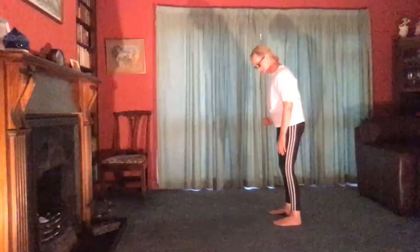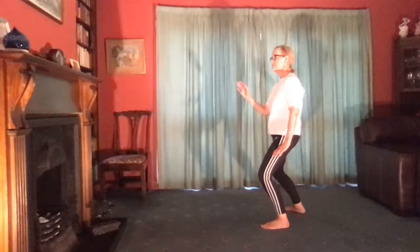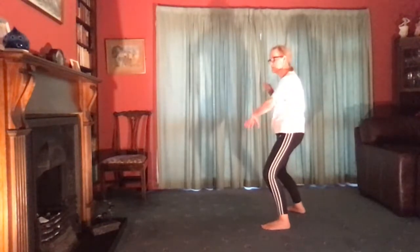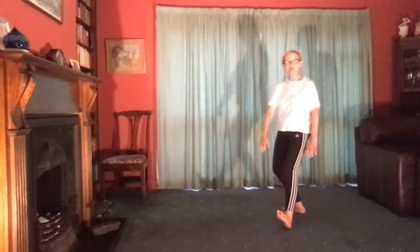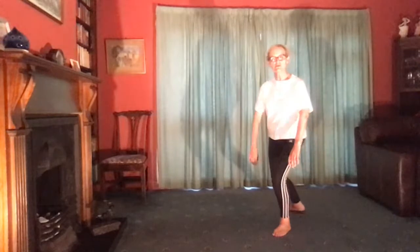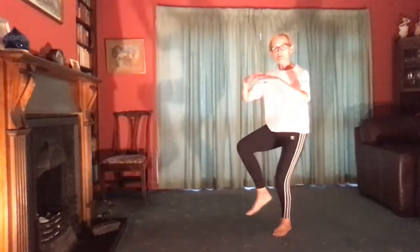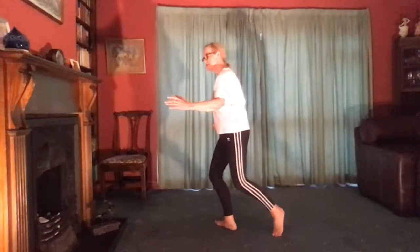One more of those and then we'll add the last part of it. So we're weighted in the left, just after brush past the left knee and push. So we sit back into the right foot, turning on the heel of the left. And start sinking into your left foot, rolling down from the heel to the ball. Pick up the back foot, right foot, step onto the heel and sink down into the right foot as the right fist comes to the hip, and then step